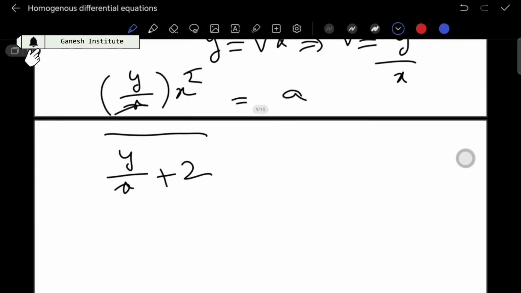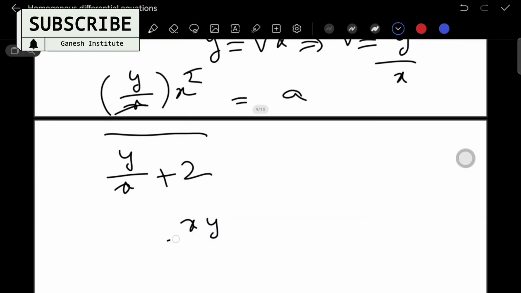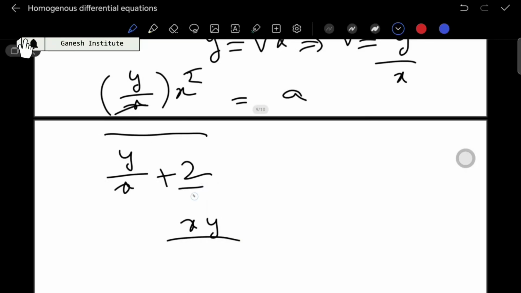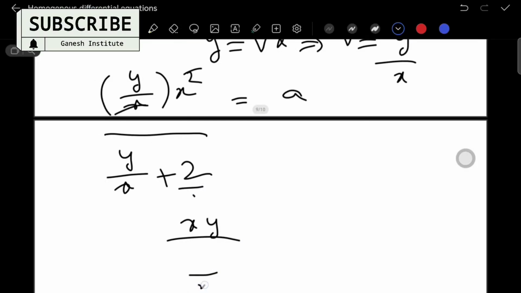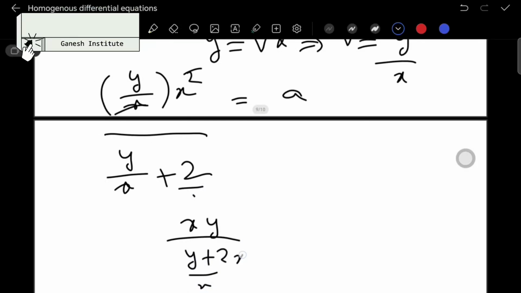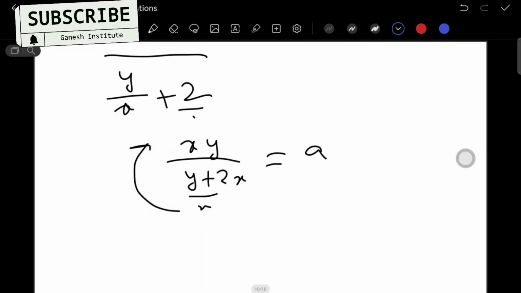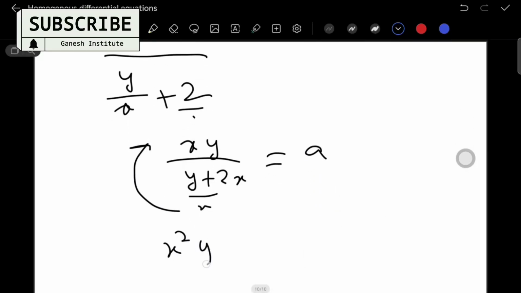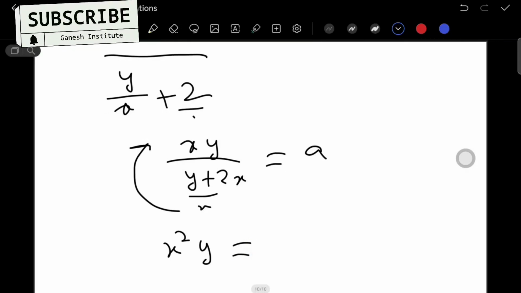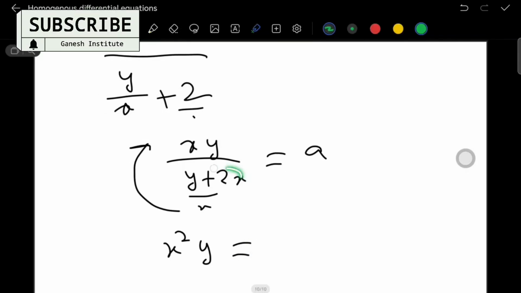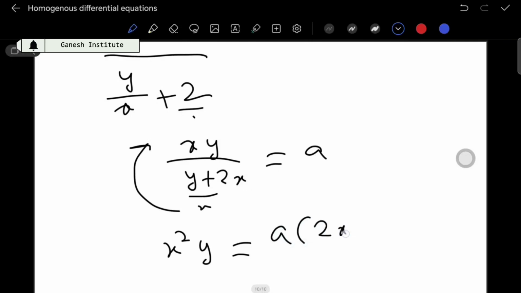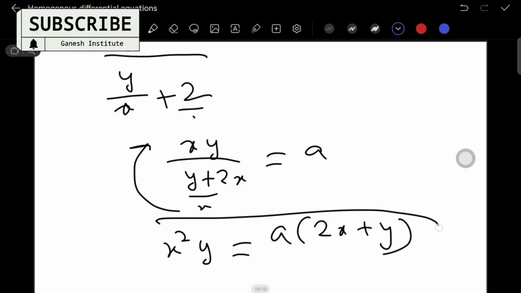So x is cancelled with x, so this is xy. Now if you take the LCM, it's x, and y plus 2x equals a. This x goes into numerator, so x square y, and this is what? y plus 2x can be taken onto the right hand side, so it becomes 2x plus y, and this is our